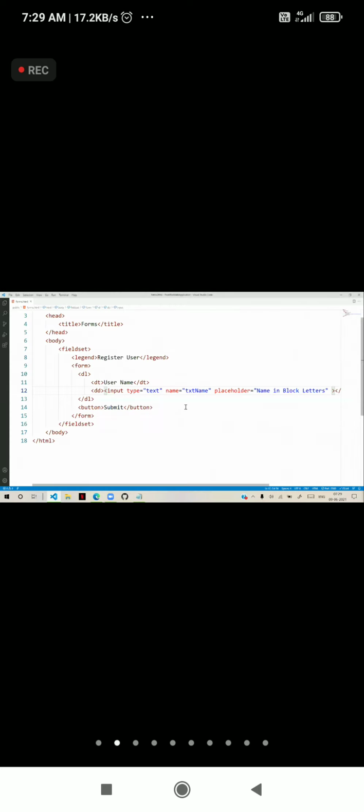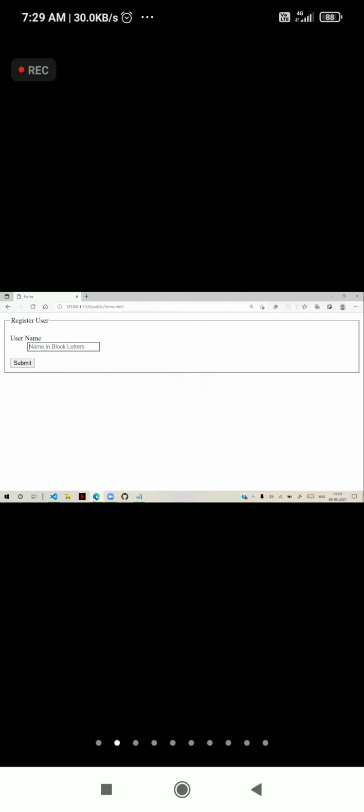So the point is, sometimes you forget to click inside it and start typing, and it types somewhere else. This problem we regularly face. Now, when you define autofocus, you can see that whenever the page loads, the cursor is directly inside the name text box. It gets focus. Whenever the page loads, directly it will be there.